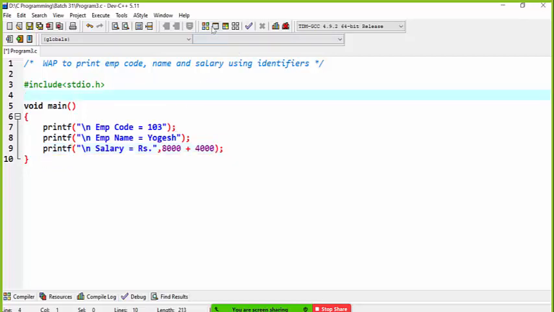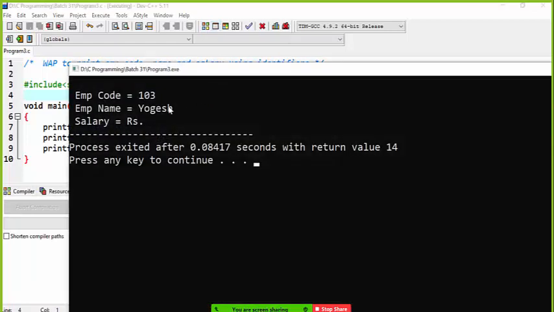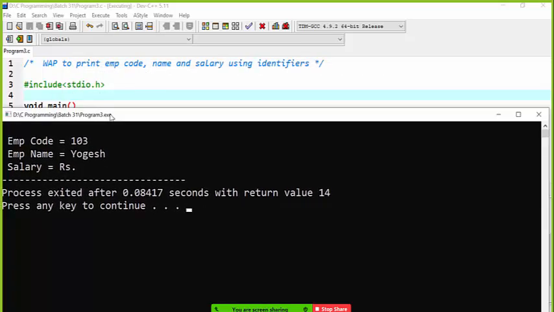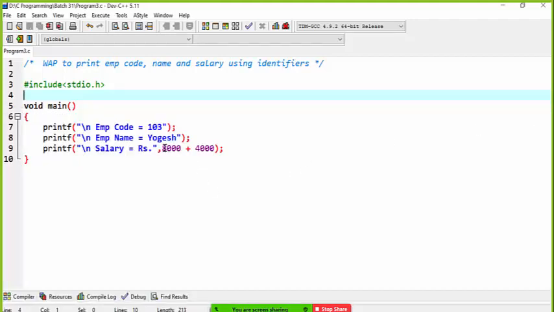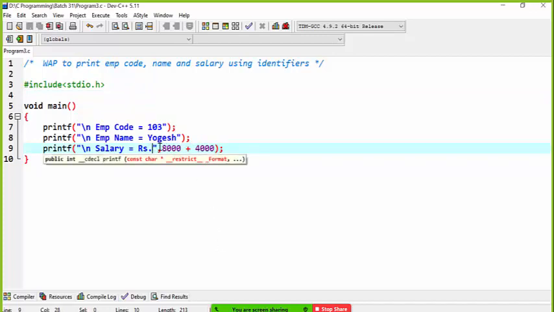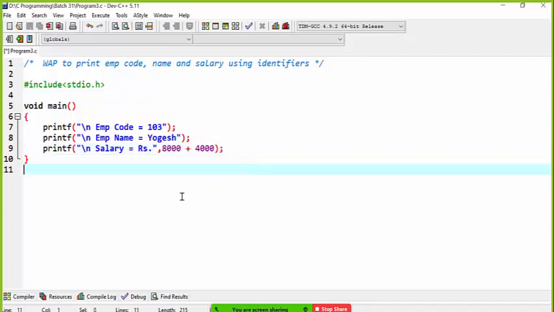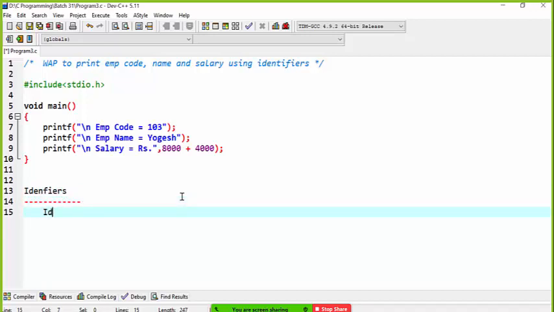But what happens is, if I compile and run the code, the machine does not understand what that equation is. The machine is not able to print that equation's answer because it failed to identify this value. So you need to tell it which type of value this is. In C language identifiers are available to identify the values. Identifiers are to identify values.